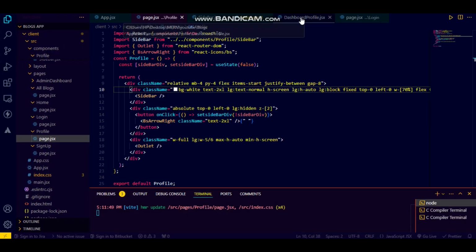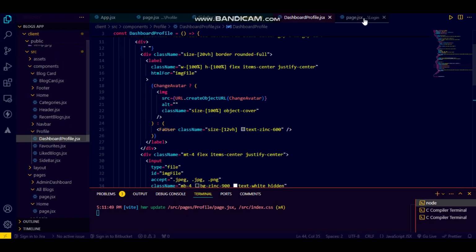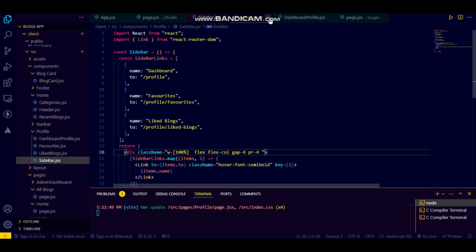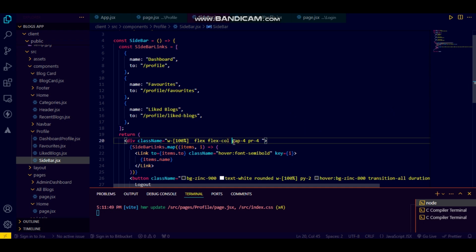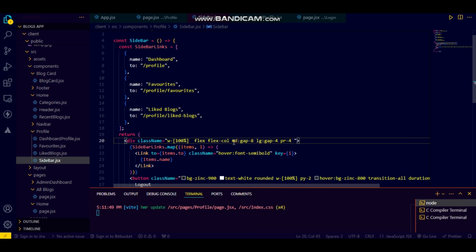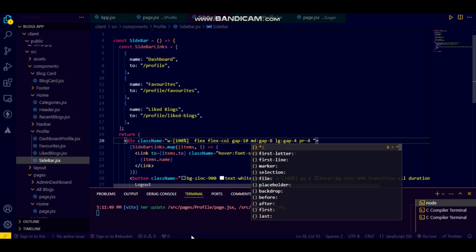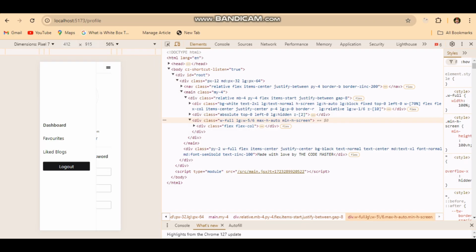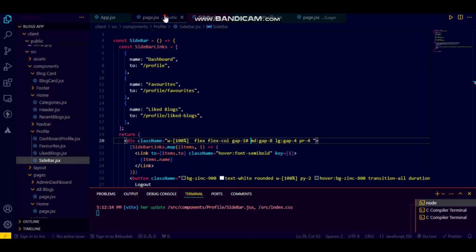And one more thing. In the sidebar, I want to increase the gap if it is not in the LG. In the MD, I want to make the gap something like 8, and further I want to have a gap of 10. And let us check what it is looking like. Yeah, it's looking great. It's looking very fine. Okay, right now